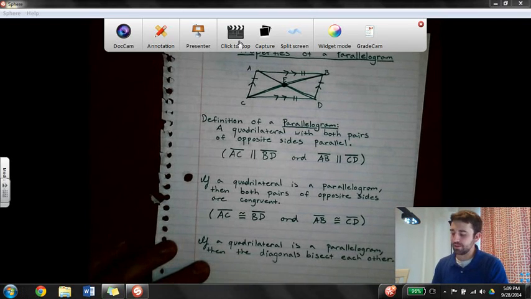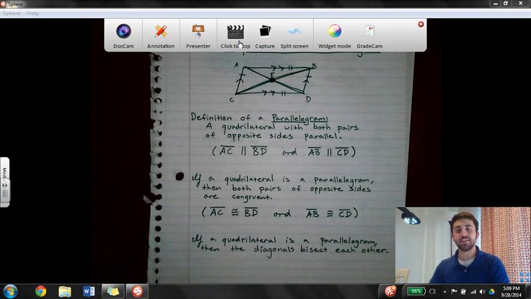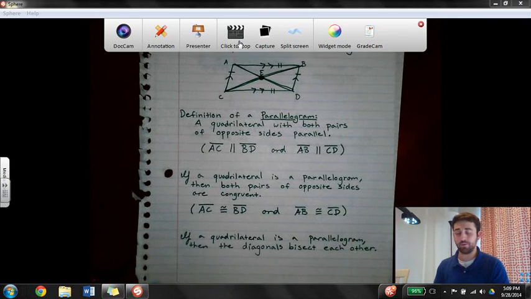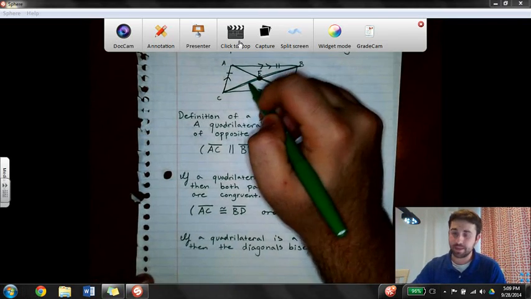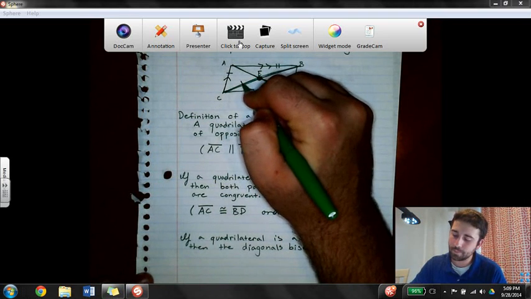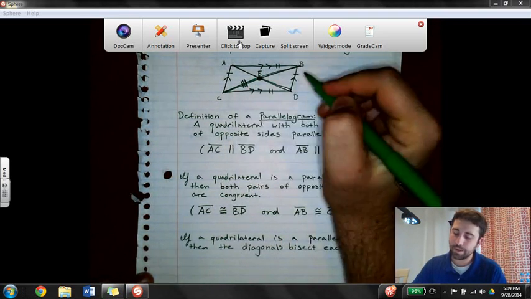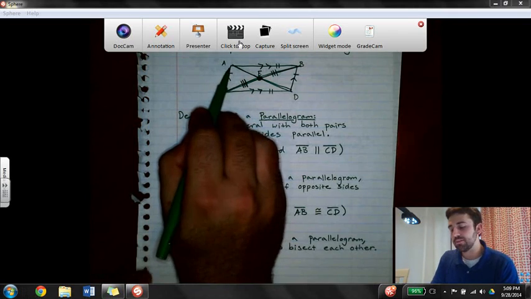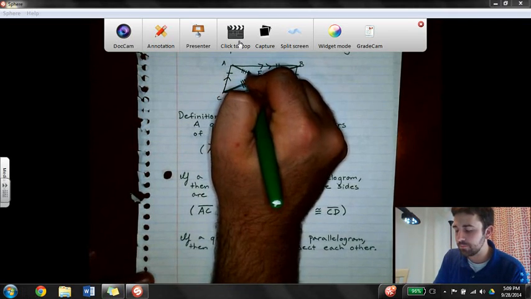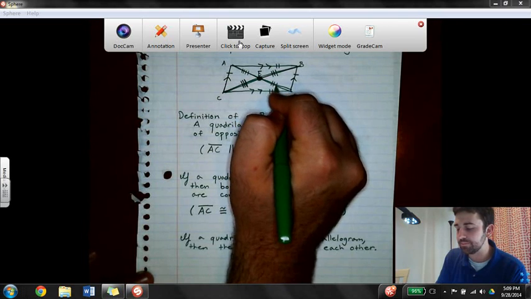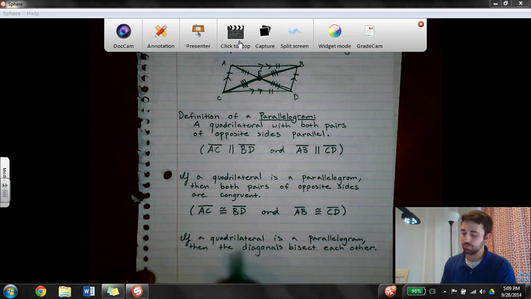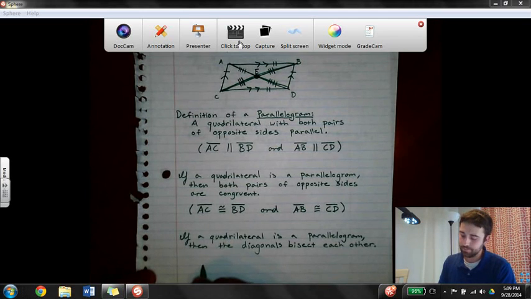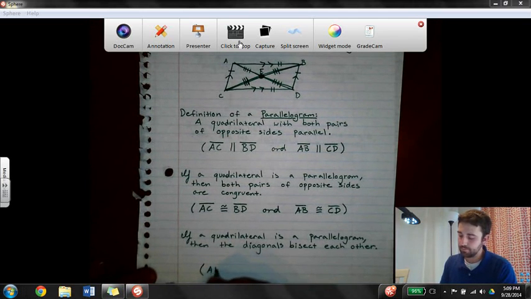And this statement says that these diagonals bisect one another, which, as we know from the definition of a segment bisector, means that segment CE is congruent to segment EB, and that segment AE is congruent to segment ED, which we can write in our notation to say AE is congruent to ED